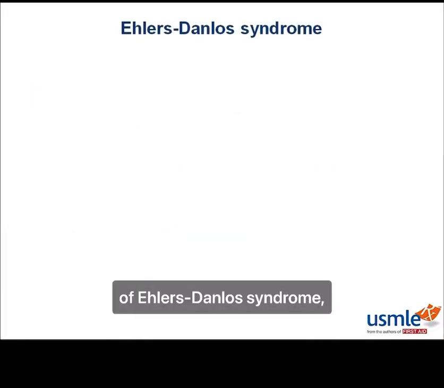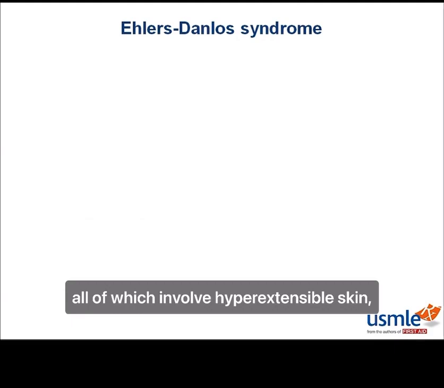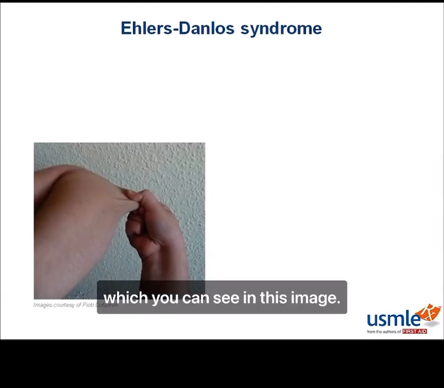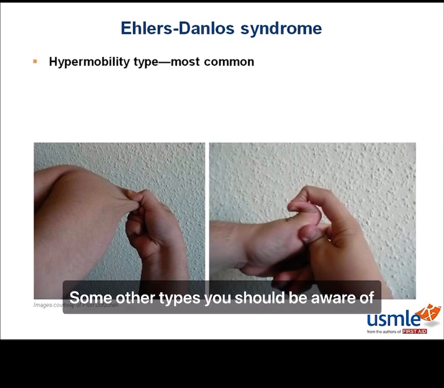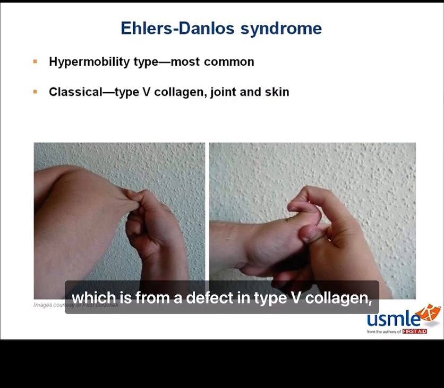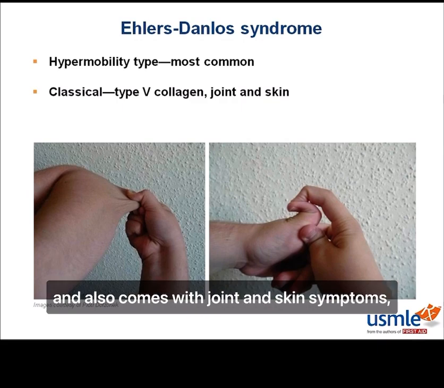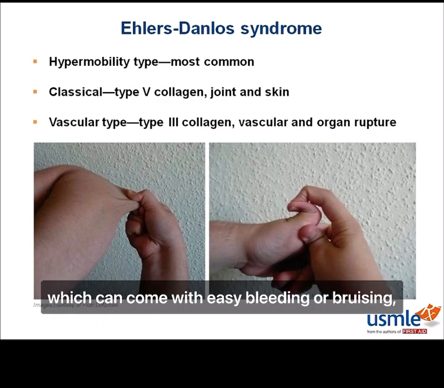There are several types of Ehlers-Danlos syndrome, all of which involve hyperextensible skin, which you can see in this image. The most common type is also known for having hypermobile joints, which you can see here. Some other types you should be aware of are the classical type, which is from a defect in type 5 collagen and also comes with joint and skin symptoms, and the vascular type, which can come with easy bleeding or